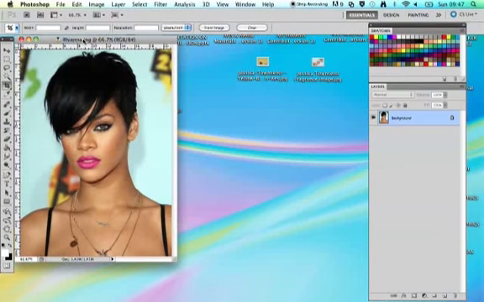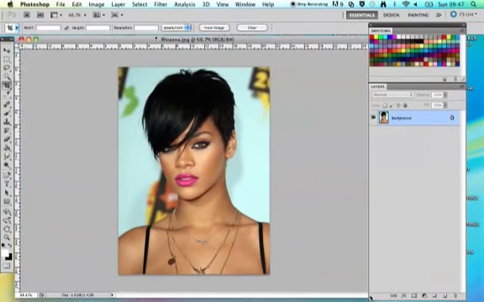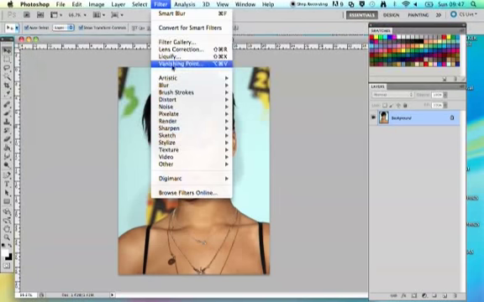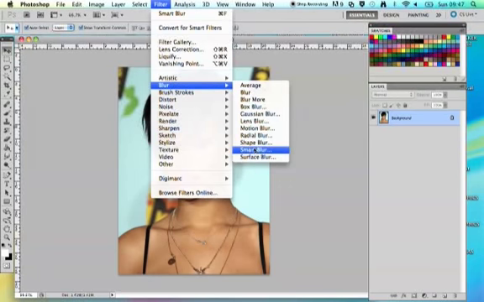So I've collected a photo from the internet, and you can obviously take your own photo or whatever else, but I've collected this one off the internet just for quickness. The first thing that you need to do is go into the smart blur. So if you go to filter, go down to blur and go to smart blur,